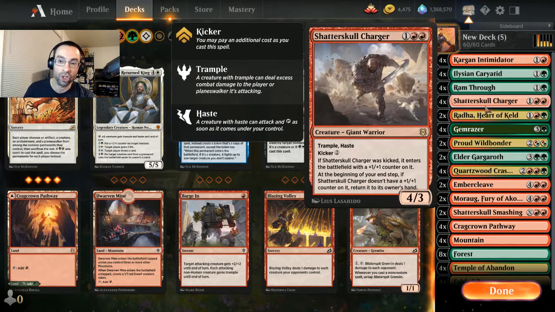Finally, a new card here, Shatterskull Charger, red and 1 for a 4/3 Trample Haste, kicker 2. If it was kicked, it enters with a +1/+1 counter on it, so you pay 5 mana, it comes down as a 5/4 Trample Haste. Seems pretty reasonable. If you didn't kick it, then basically it goes back to your hand. Well, technically, if it doesn't have a +1 counter on it, it goes back to your hand. So you can play this for 3 mana and have a 4/3 Trample Haste that goes back to your hand,